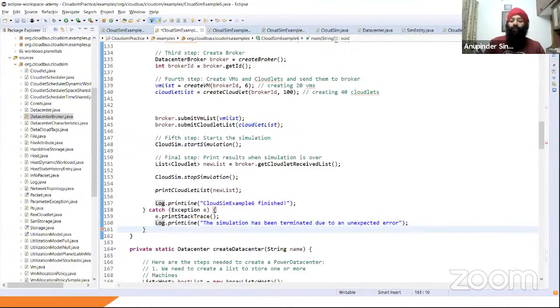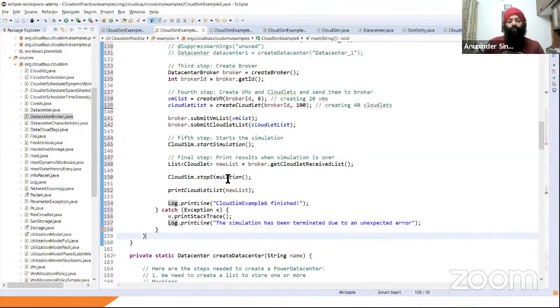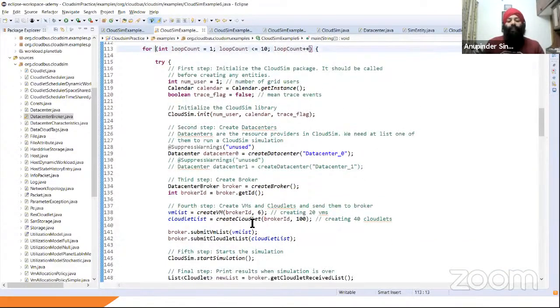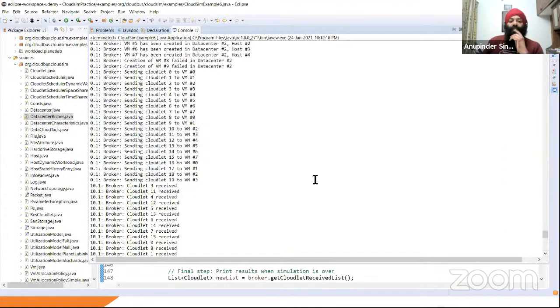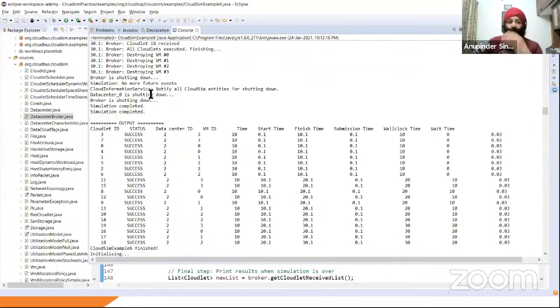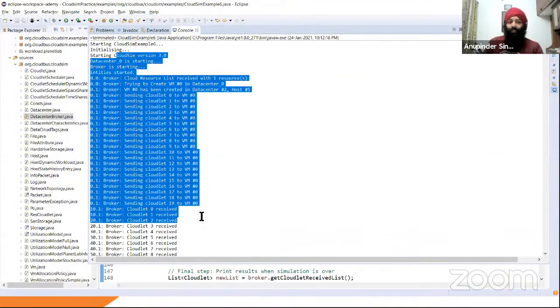So here what I'm going to do is embed all this particular logic of main inside the single iteration which I wanted to have. And instead of going for the manual entry, I'm just going to have a loop count, and I can have multiple virtual machines running. Just to do a quick printing, I'm going to have 20 cloudlets right now. We can increase it to any number of cloudlets, as you have already seen. There have been multiple iterations, and they were quick. So I don't know which iteration it is, right? So just to have a